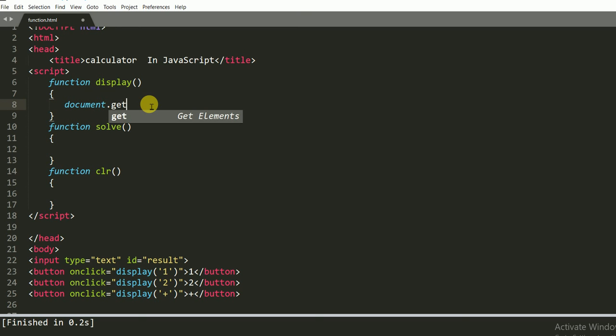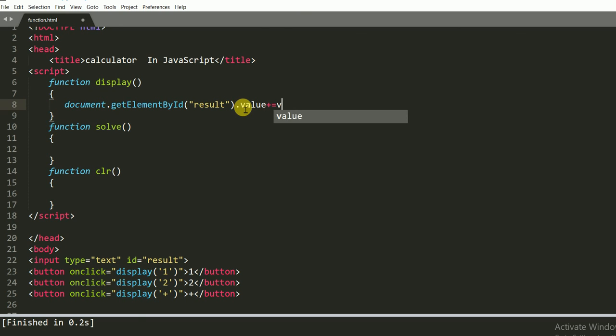Get. I took document.getElementById, and I'm accessing the text area. I'm passing the value result for the text area. So here I take a temporary variable, value plus equal to any value like v.